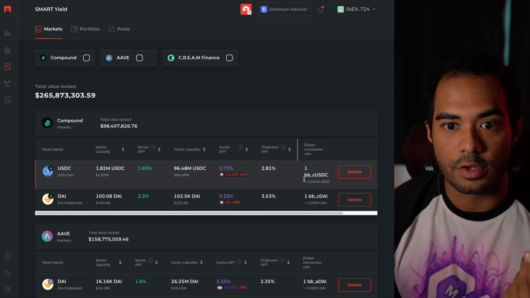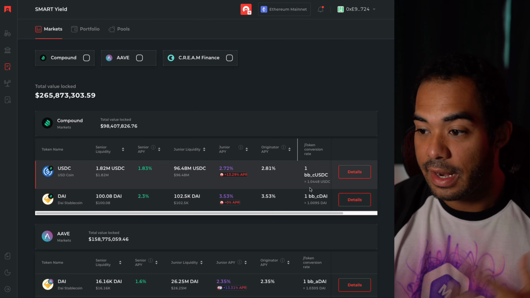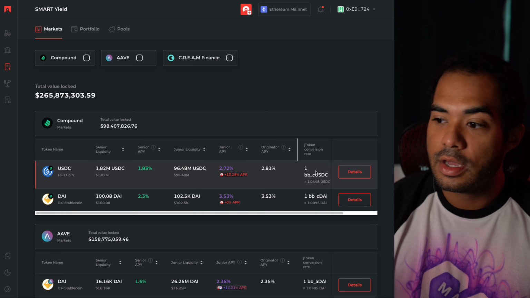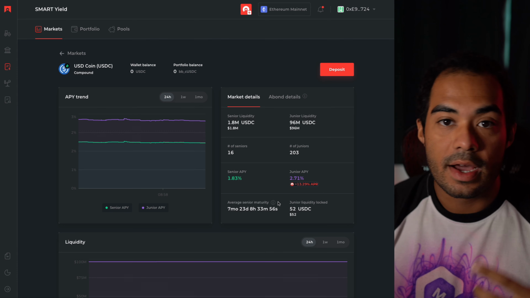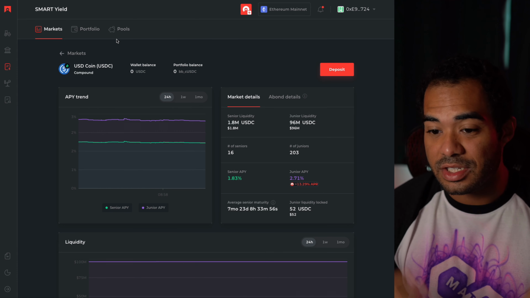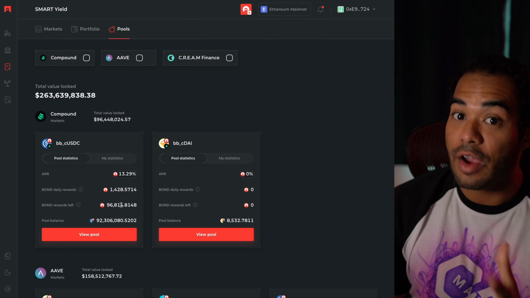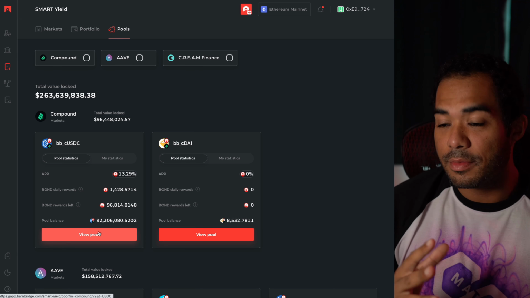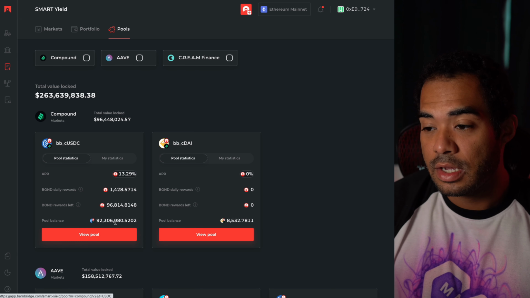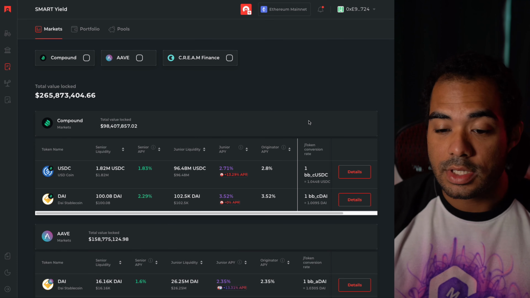More or less kind of like a vault. You get an IOU token in return, and that's how you're going to be able to get that extra 13% APR in BOND, because you're actually going to want to take those J tokens, go to the pool section of the actual dashboard, and pretty much just stake them there and gain some of that sweet yield, of course, which is very high for stable coins, I would say. At the current rates that I'm looking at right now, it's probably around 15% APY, which is a lot. It's a lot of money, I would say.